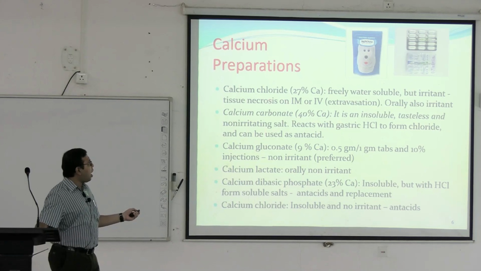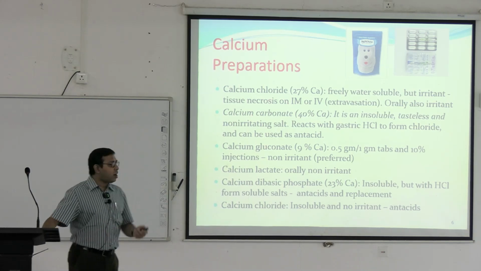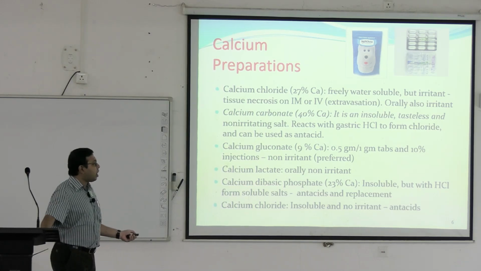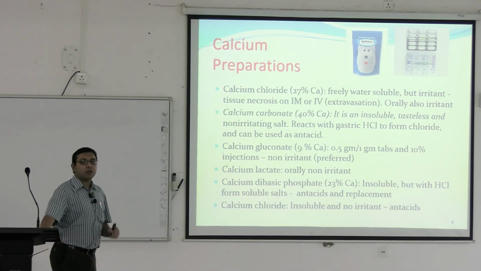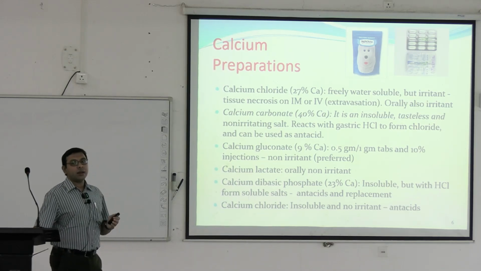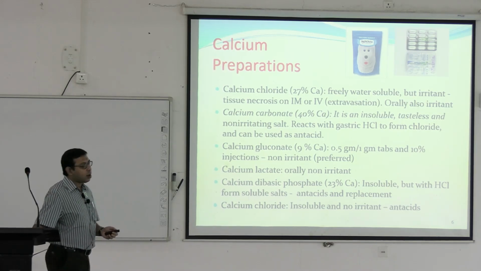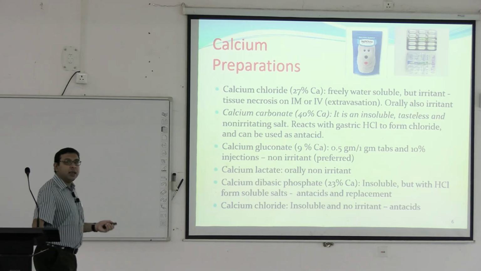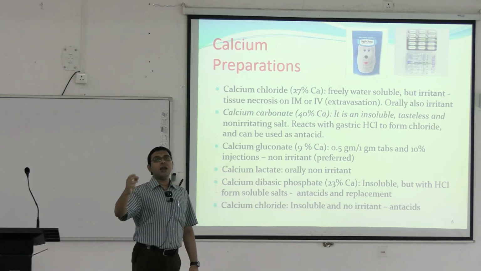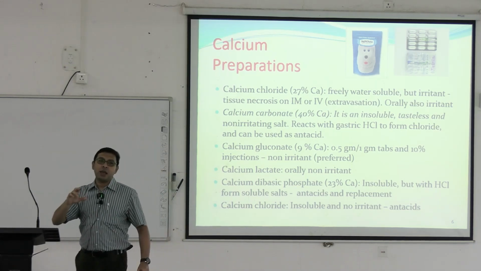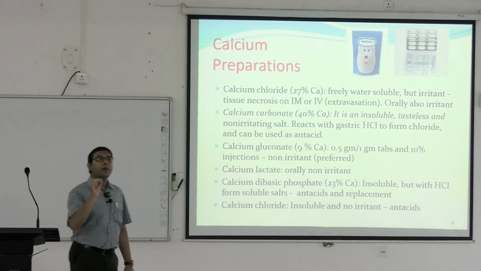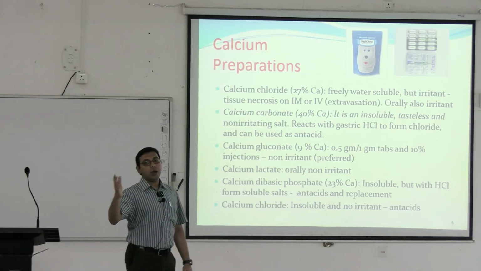Details is not required. Apart from this, there is calcium citrate, calcium gluconate, calcium lactate, calcium dibasic phosphate, calcium chloride, etc. But remember, calcium carbonate and then calcium chloride, then calcium citrate, calcium gluconate, calcium lactate. These are the different salts that can be given as treatment when there is calcium deficiency. Of this, calcium carbonate contains maximum amount of the calcium weight by weight.